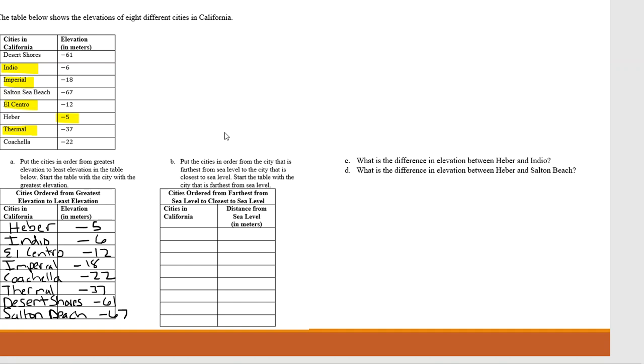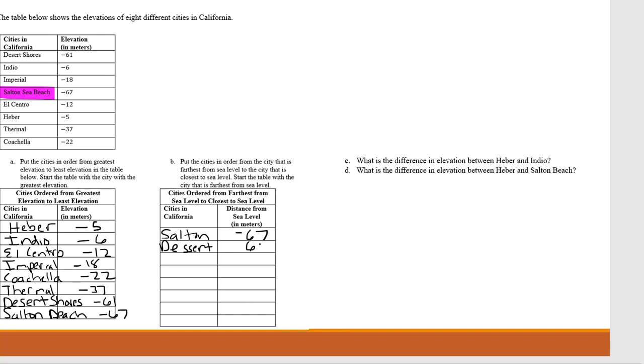Now, if we think about sea level being 0, then that means the city that is the farthest from sea level would be the Salton Beach. Okay, that one would be the farthest from sea level because it is 67 meters away from being at 0. And if we consider 0 sea level, that one would be the farthest from sea level. So Salton Beach, and that's -67. And then we would have to do the Desert Shores,